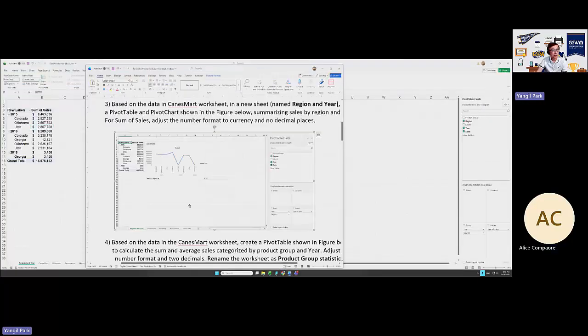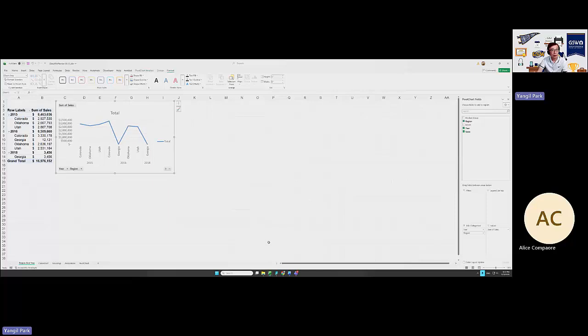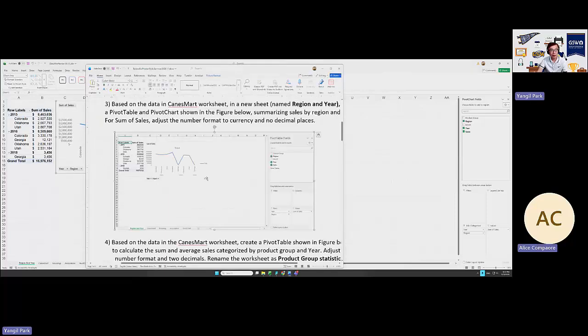That will be line chart. So we're going to select line right there. Then click OK. So there's your pivot chart, which is identical to the screenshot. Okay. So that's how you're going to create your pivot table and pivot chart. Number 4,